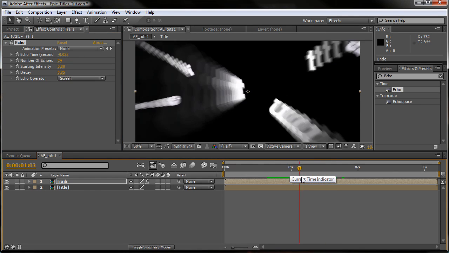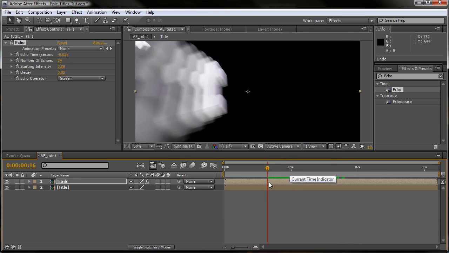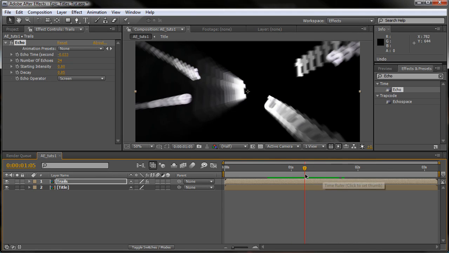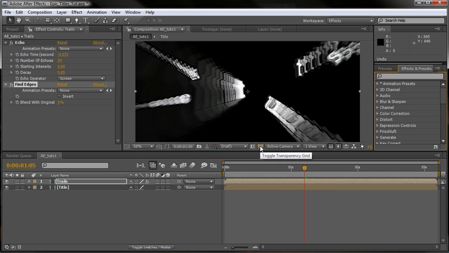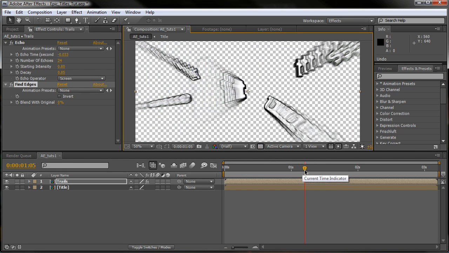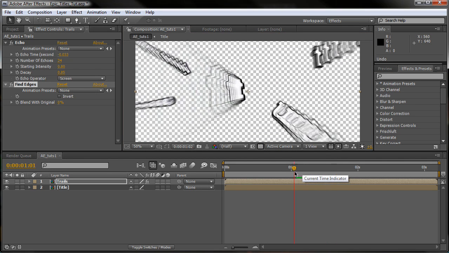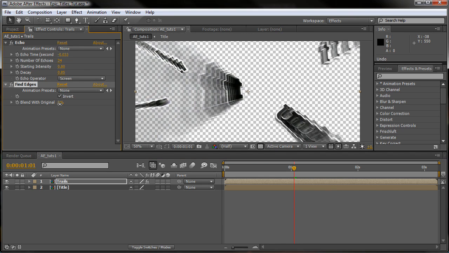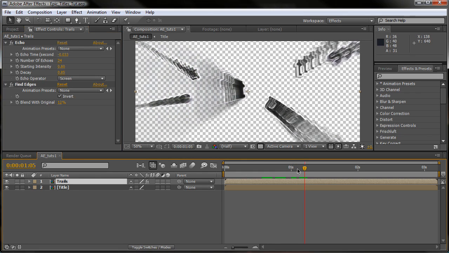So this is what the echo effect gives us alone, and to enhance this, make it look more of a time trail effect, we need to add find edges. If you toggle the transparency grid, you will see that the edges are dark and the fill is light. We need to invert that and add a bit of blend for a smoother look. Now we can add a curves adjustment